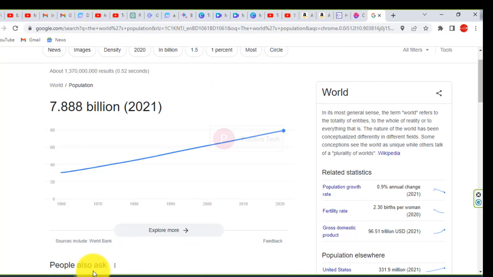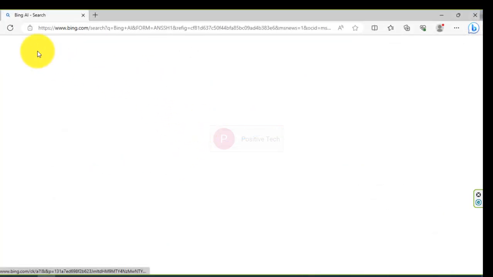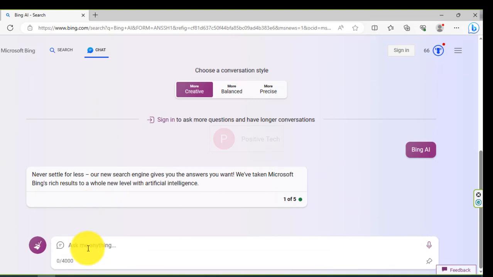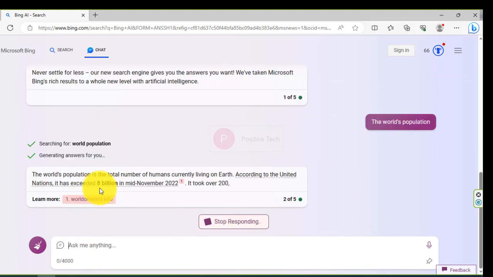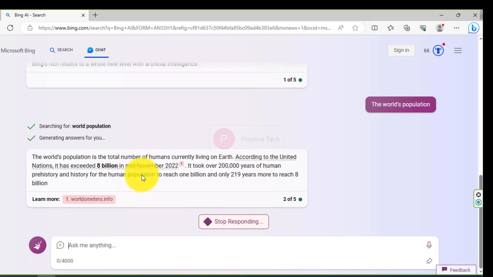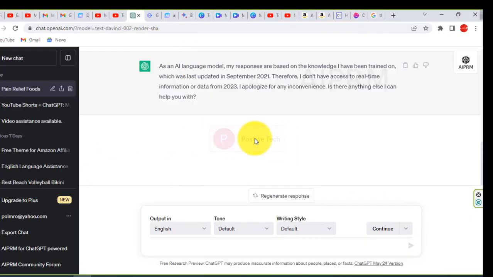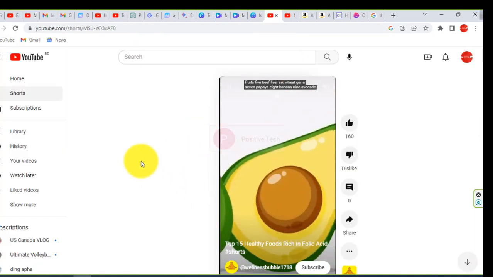You can also use Bing AI. Here it says 8 billion in mid-November. Okay, 8 billion. That way you can use it, and you can make shorts videos like these.